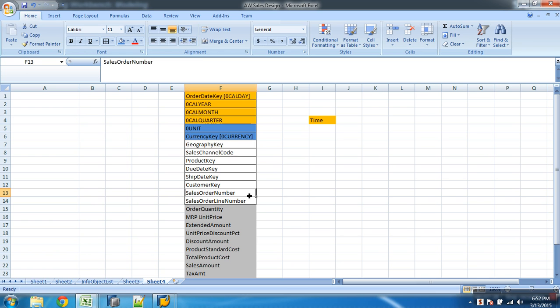How many entries in the SID table of sales order? 2 lakhs. How many entries in the dimension table of sales order? 2 lakhs. How many entries in the fact table? 2 lakhs. Is the size of my dimension table almost equivalent to the size of the fact table? Yes sir, is it not huge?